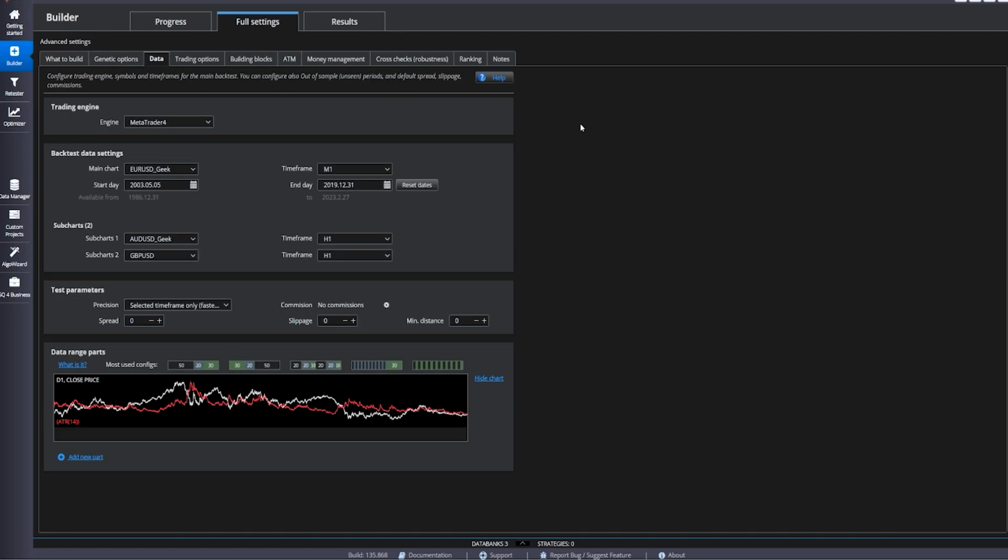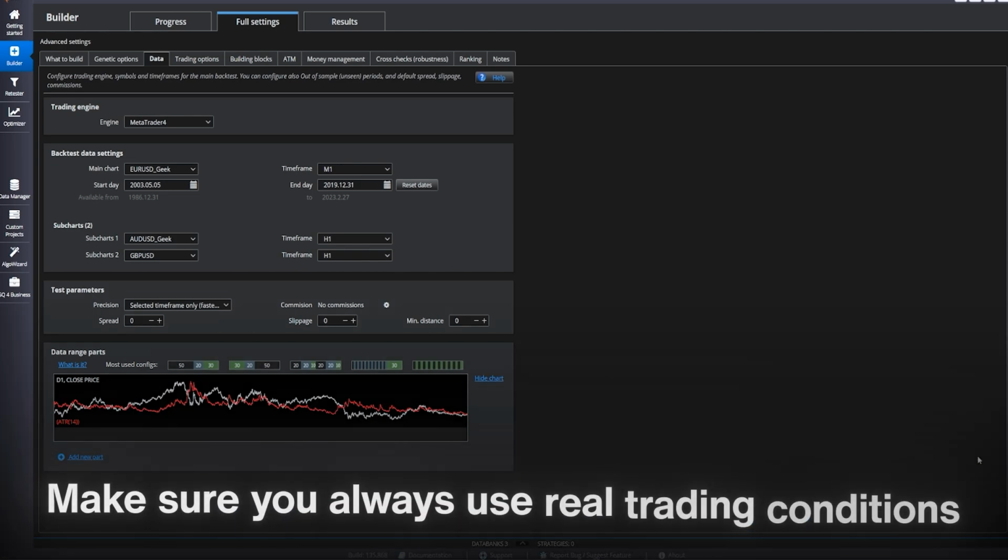But you have 0 slippage, 0 spread, and 0 commission. So the little profit that it makes is going to get eaten up, and it's not going to work in reality. You've essentially just made it look nice in history and under very specific circumstances. It's not an actual strategy, and it's not anything worthwhile testing more. So make sure you're always using real trading conditions.